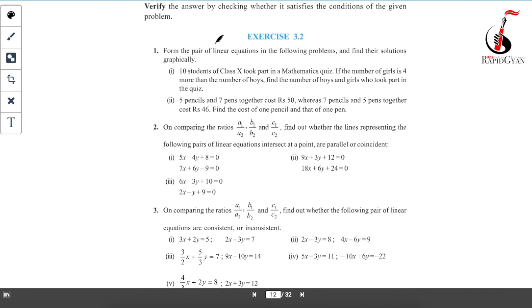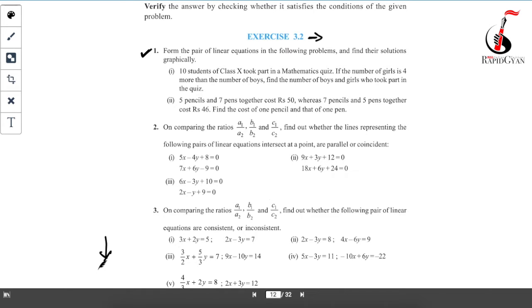So guys, in this video we are going to solve the first question of exercise 3.2. I hope all of you have gone through my previous videos. Those who have not, please go and watch those videos first, where I have explained the concept related to this exercise, and also the examples. That will help you in solving this exercise 3.2. I recommend you first try to solve this exercise by yourself. If you are not able to, then come here and watch these videos, to clear any doubts or to verify whether your solution is right or wrong. You can find the playlist of the previous videos in the description section below.